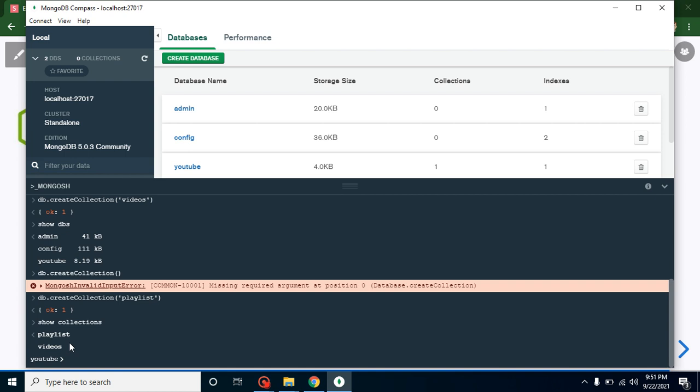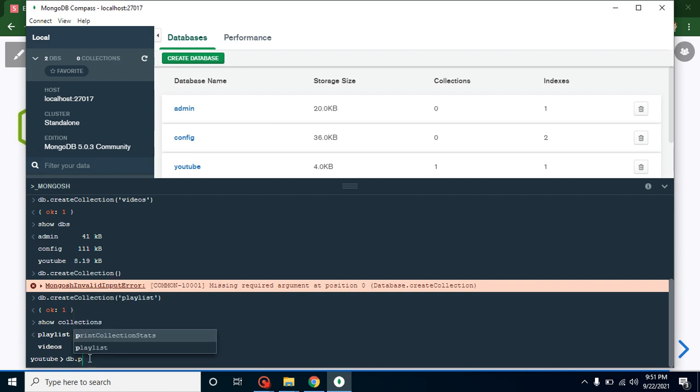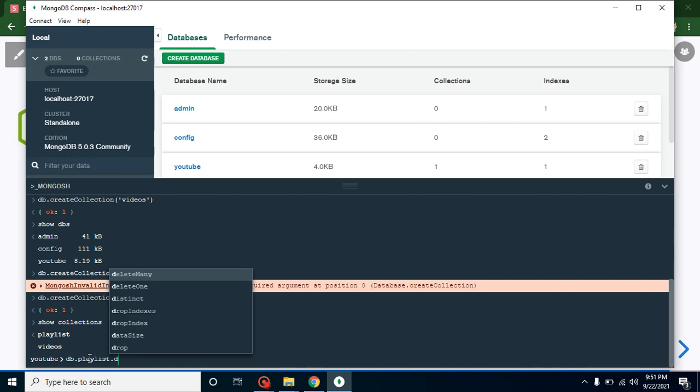Great. So how can we delete or drop a collection? For that simply put db. and your collection name, let's say I want to delete playlist, dot drop.